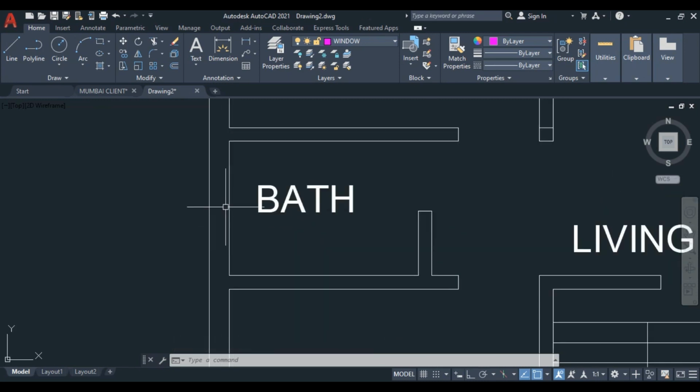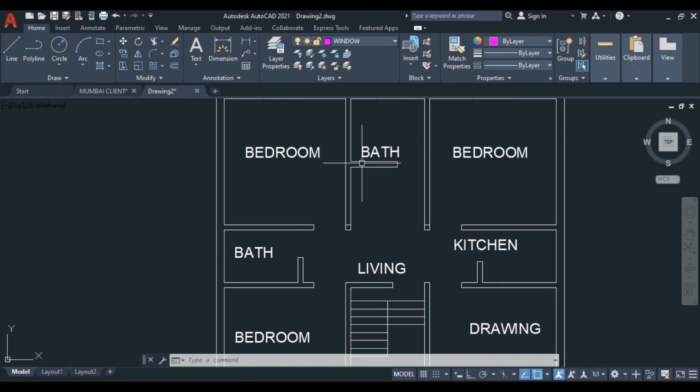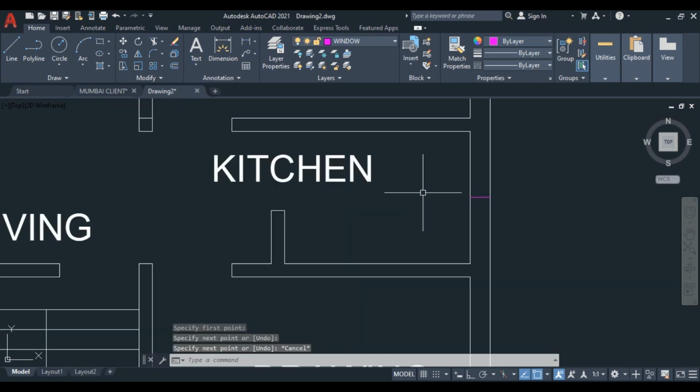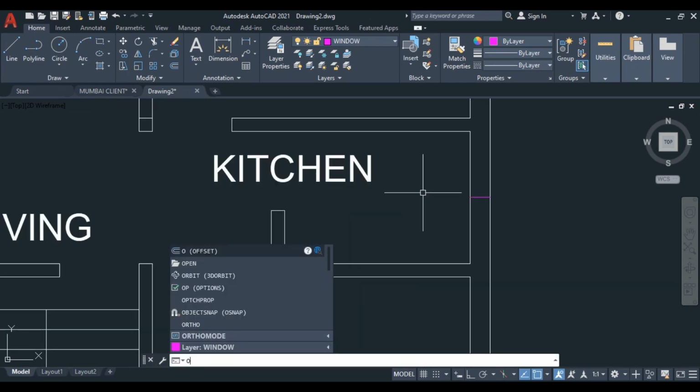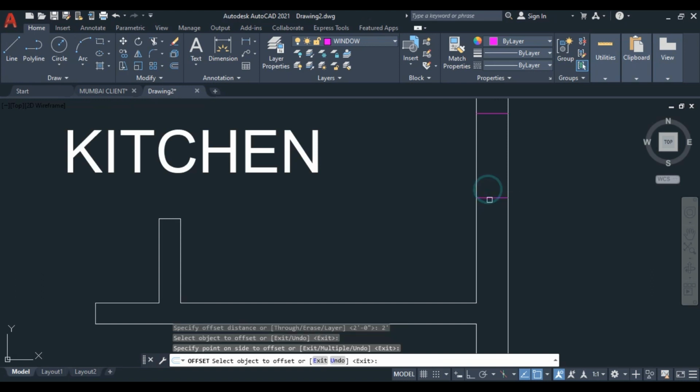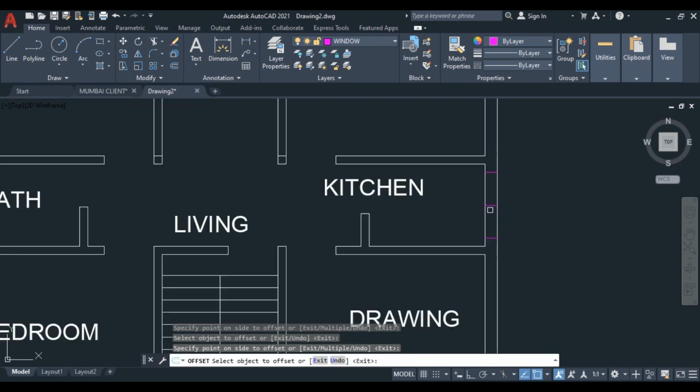Here you can also draw by the line, or simply you can copy or rotate it. Okay, I choose here a window of 4 feet, so offset 2 feet, press enter, and click here, then ml.